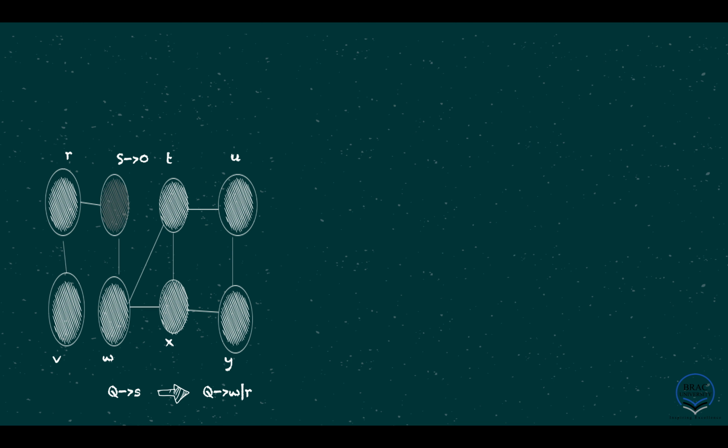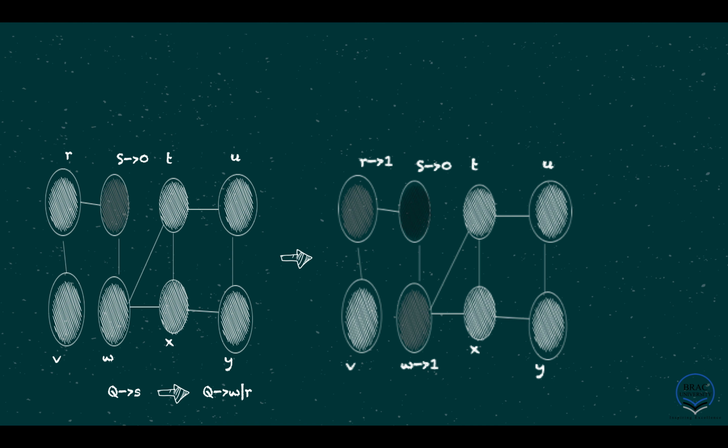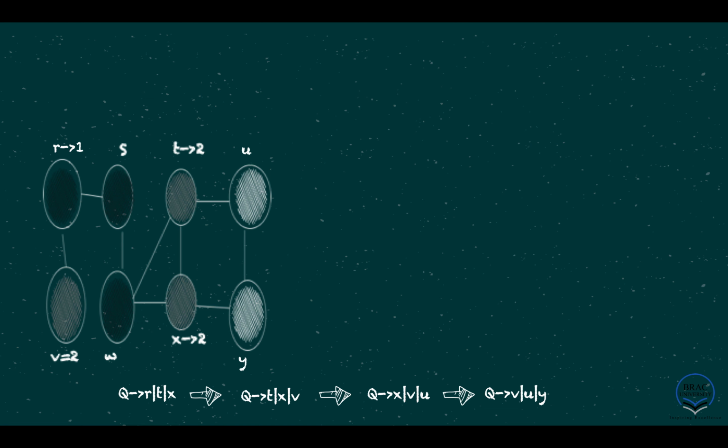As you can see in this figure, we have S equal to 0 and our Q has S. Then we have moved to W and R. At first they were white, and we color them gray. We also color S black because we have done visiting S. Then we would color R and W black and label their values.